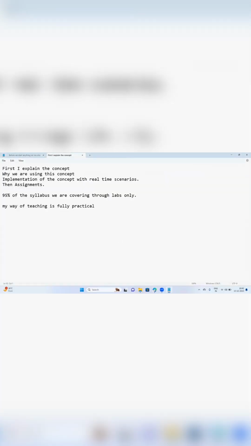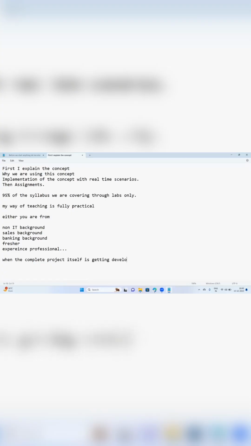See, guys, I'll tell you one thing. Whatever you are, either you are from a non-IT background, or a sales background, or a banking background, or you are a fresher, or an experienced professional, whatever is your background, whatever is your current status, when the complete project itself is getting developed in DevOps, then compulsorily you have to learn DevOps, guys.